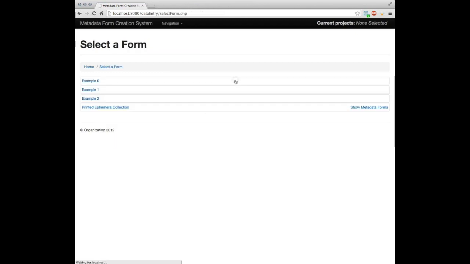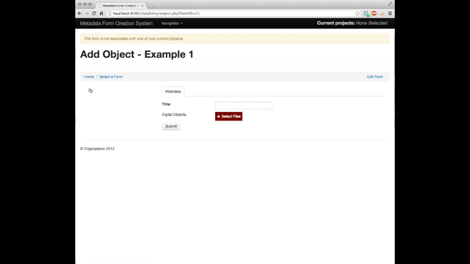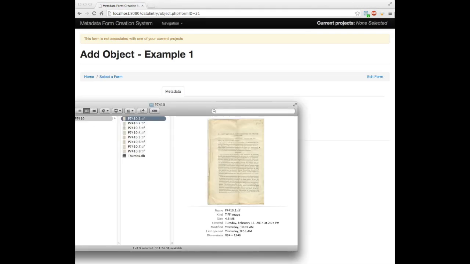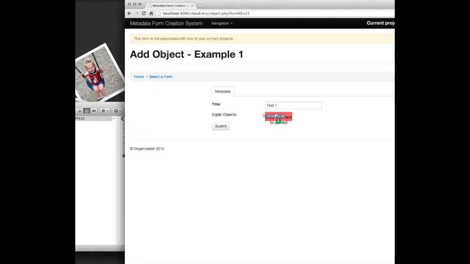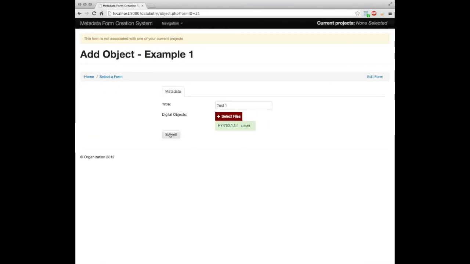Okay, now we're going to look at a slightly more complex form. This is a title field plus a digital object. And like before, digital objects can be called anything you want. And it's got this select files box. So let's go ahead and enter test 1. We're going to drag a file over, drop it in, submit,